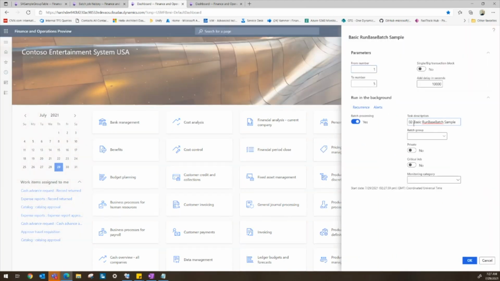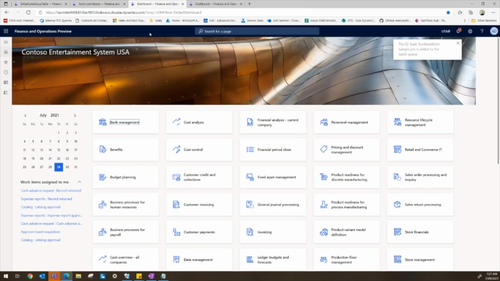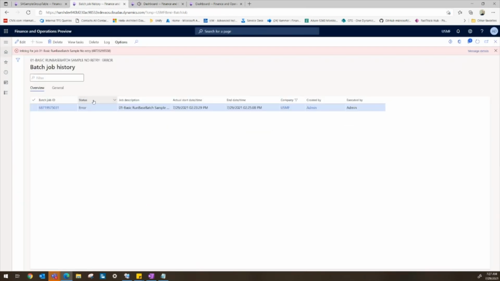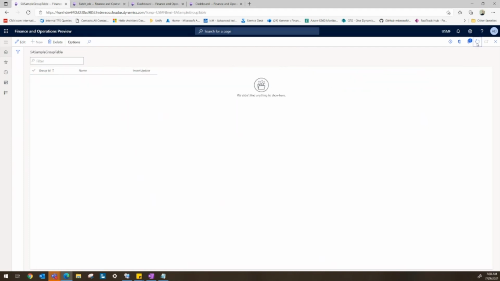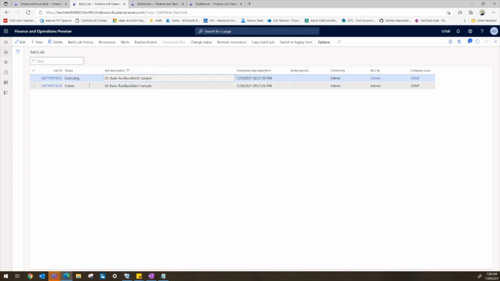And this is my second batch job. Let's see the behavior. We'll mimic the similar behavior. So my batch job is now scheduled. Let me go back to inquiries and filter for my second batch. So this is currently executing. If you notice, it should insert the records. Yeah, it is creating the records, currently executing.